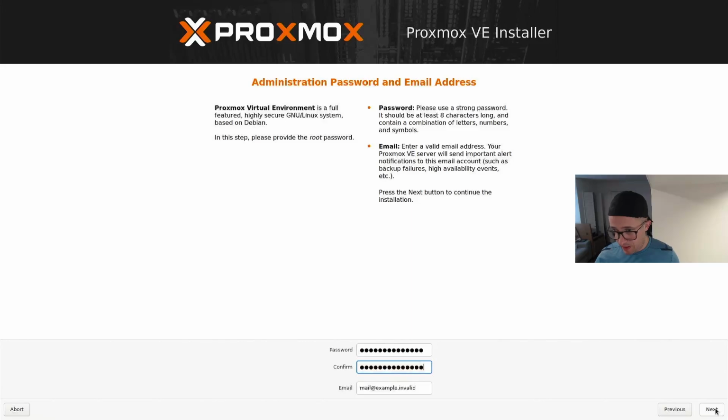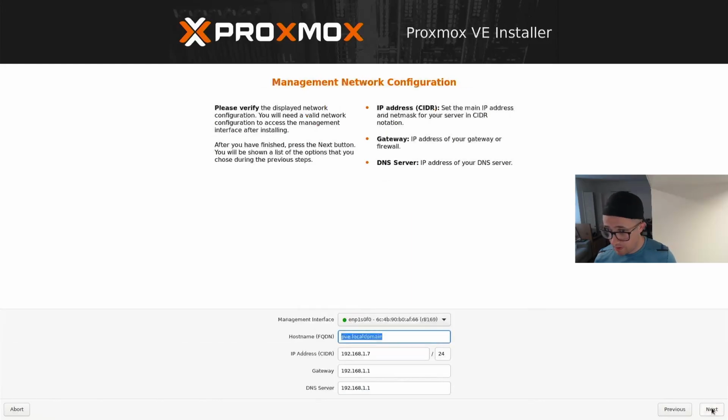Okay. And email, it really doesn't matter. You can put your email in there. I don't. I just changed this to an example .local to get it off my back. It's really not going to make much of a difference. Same thing. PVE.local